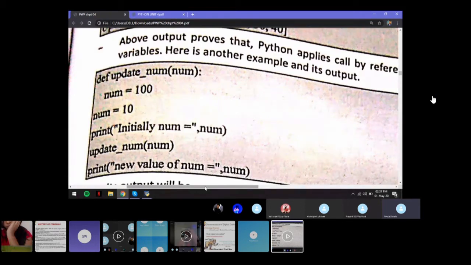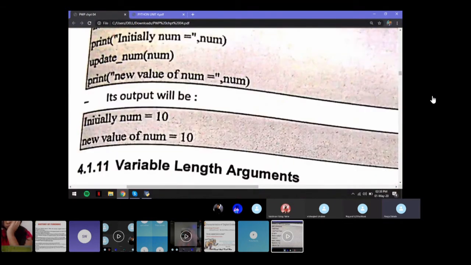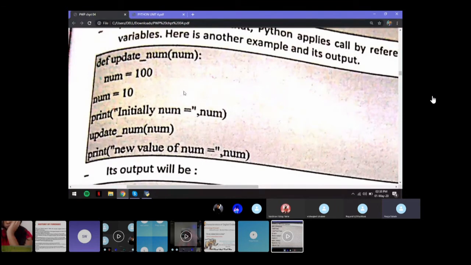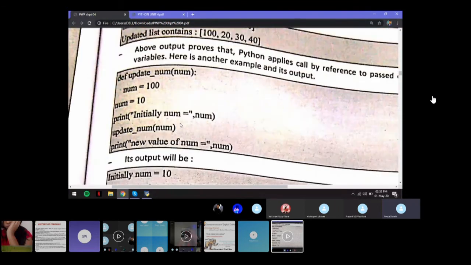Now you're printing initially num equal to num, and you're calling the function update num, passing the value 10, and then you're going to print the new value of num. Okay, so let's see the output. Here, initially the value was 10 and the new value of num is still 10. So the value is not getting changed, right?